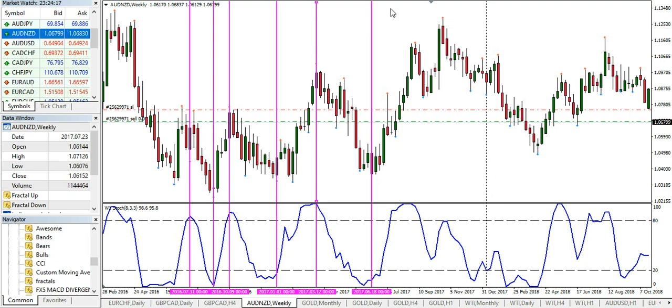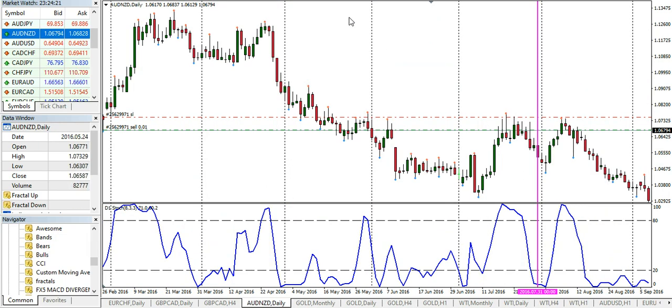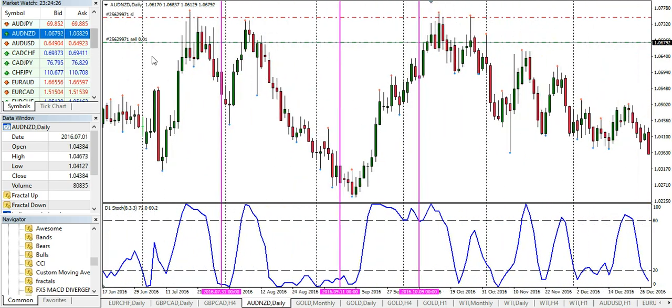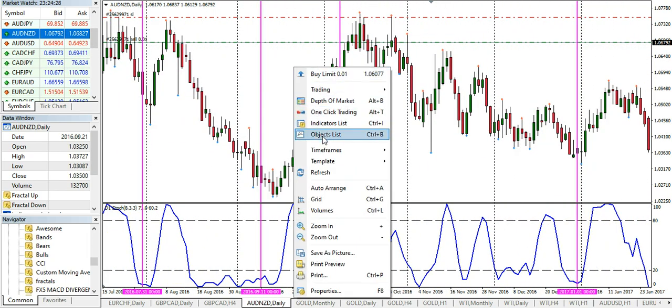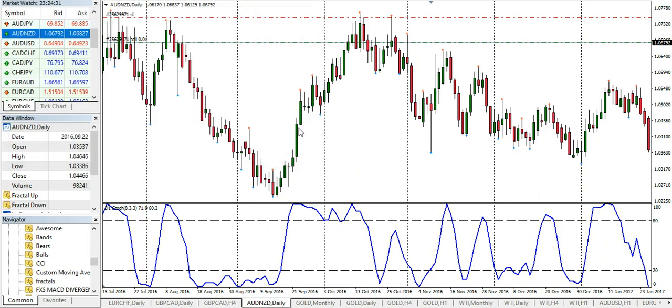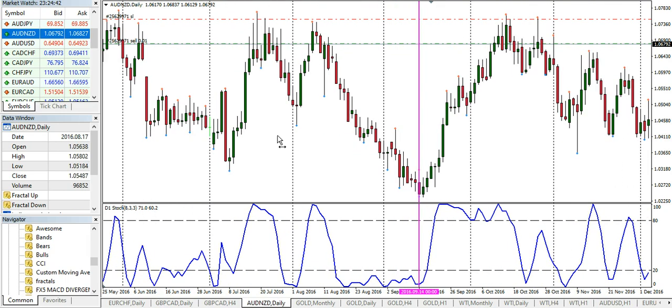Then you will go down to the daily time frame to get your low prices and your high prices. And what we want to see on the daily time frame is the stochastic to also line up, because we want to buy low, so we want the daily stochastic to be in the buy zone as well. Okay, and when we're looking to sell, we want the stochastic on the daily time frame to be in the